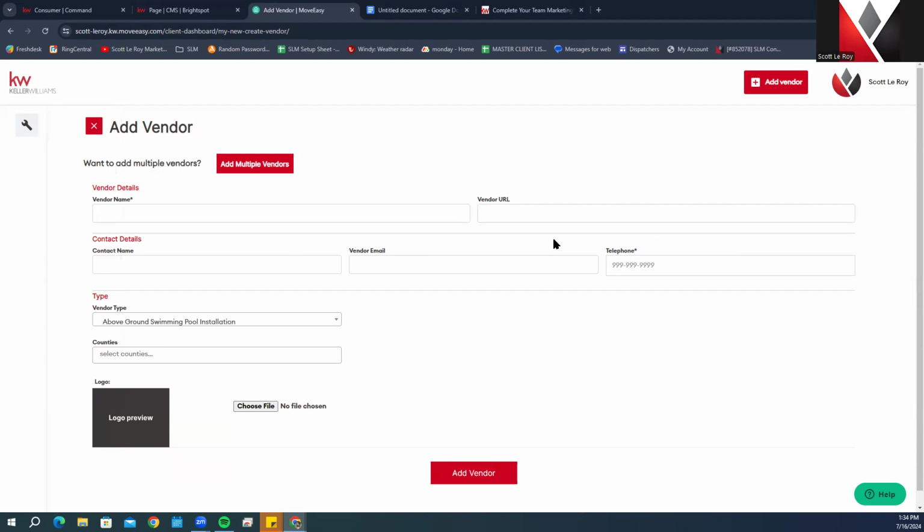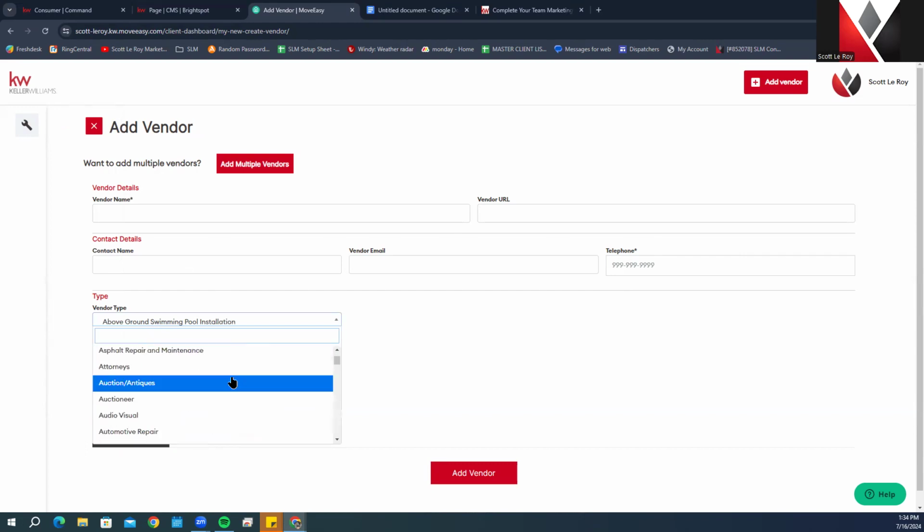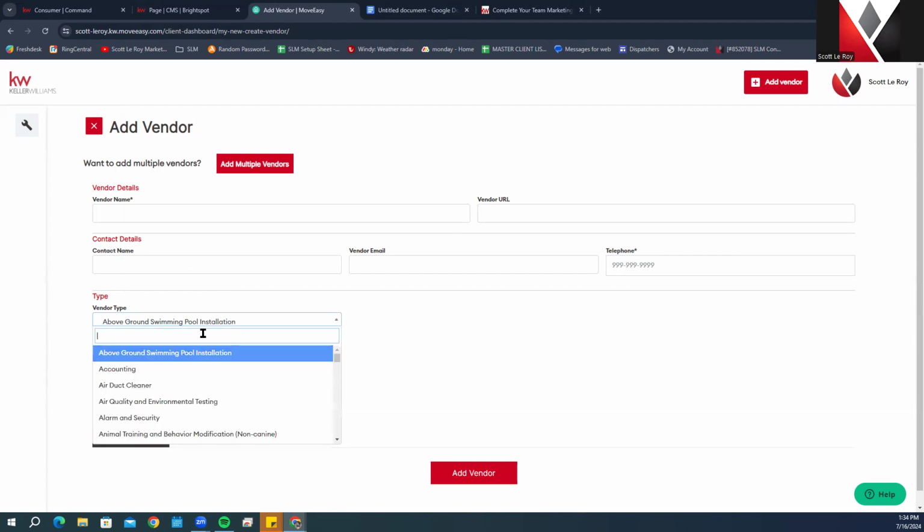If you don't have a specific contact for them, as you can see, this telephone is a required field by the asterisk next to it. You can just put the company main telephone number here instead of a personal contact. Then at the bottom, there is going to be vendor type. So you can choose what type of vendor services they provide. There's all different kinds. You are also able to type in